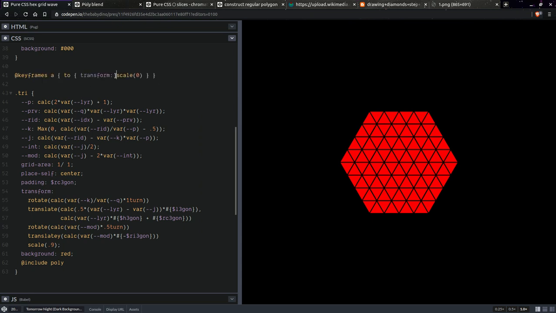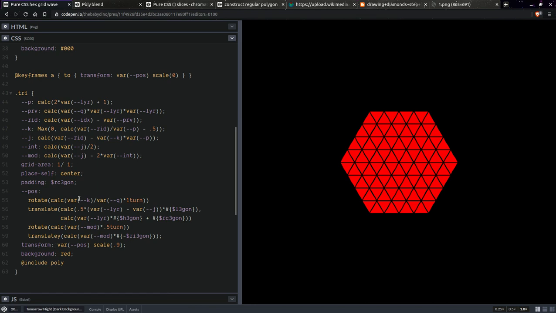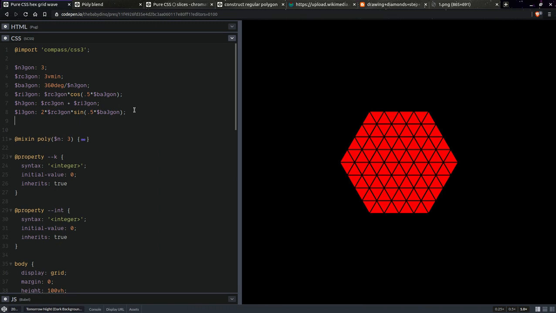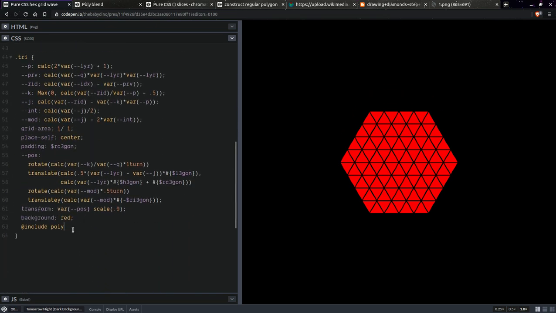We're going to set a position. So position, and this is going to be the position minus this scale. So the transform is going to be in the position and scale 0.9. Okay. Now, having done this, let's also set an animation duration of 1 second here. And we're going to set here, right,